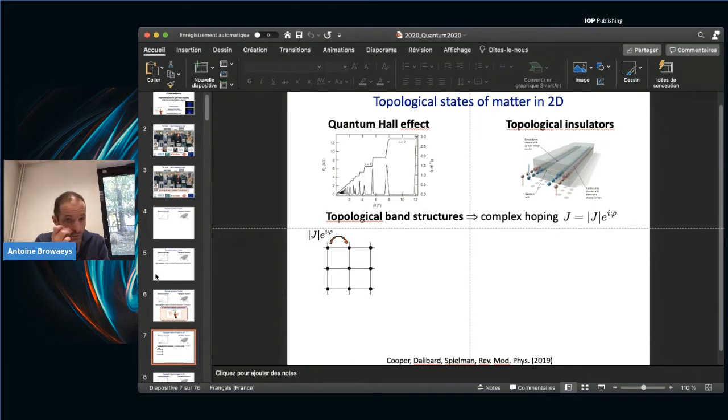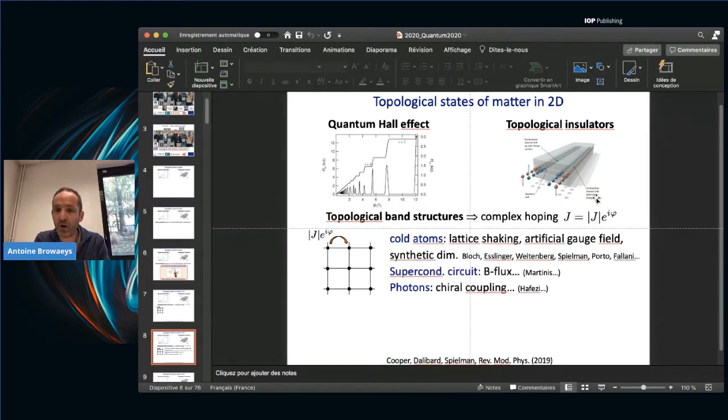Usually if you want to do that, you should have some band structures for the particles that exhibit topological properties. One way to do it is to engineer an array in which the coupling, the hopping from one site to another in this array, or this lattice structure, is a complex number. So it means that it's described by a complex hopping here, J e^{iφ}. φ, in this context, is usually called the Peierls phase.